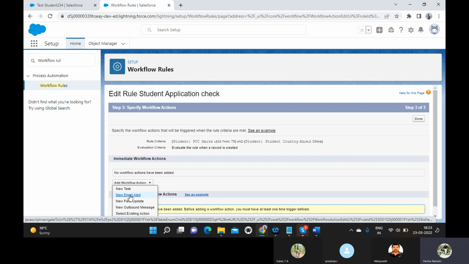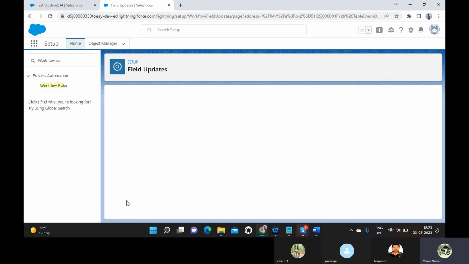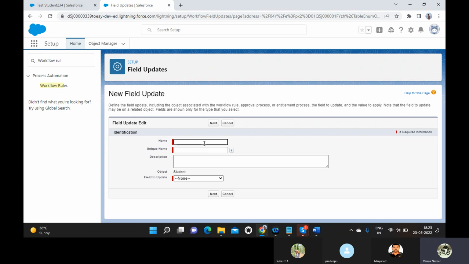These are the things we can do. Now what do you want to do here? We want to update the status, right? Let's select the field update. What is the identification? Let's say